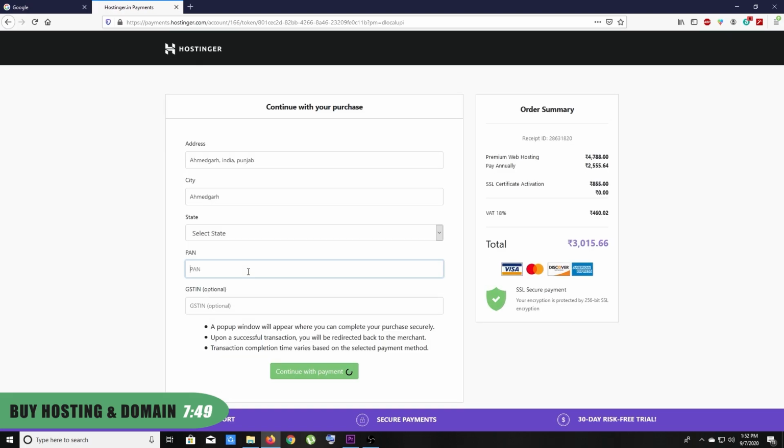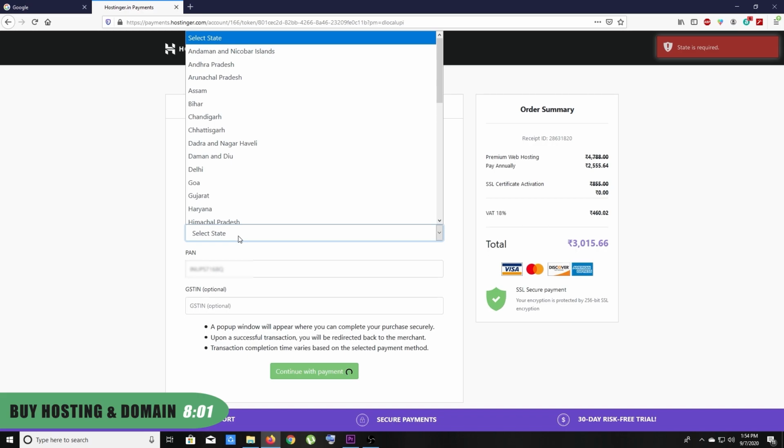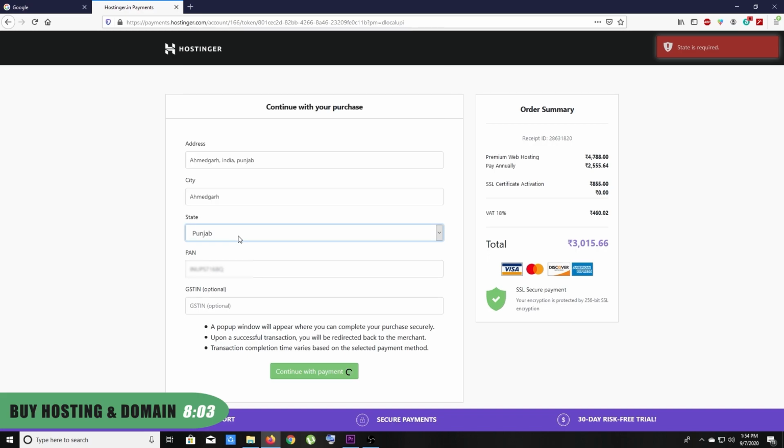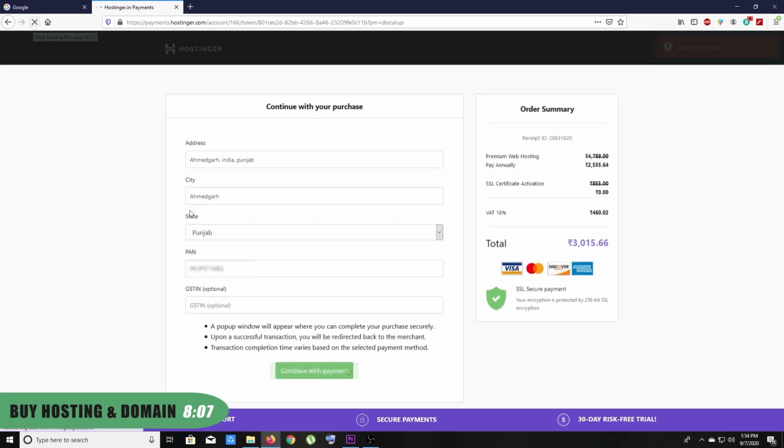Alright, now on this page, fill out all the required details like PAN card, your state, your city and your address. So I'm gonna type my PAN card number over here. After adding a PAN card, don't forget to change your state. I'm gonna type my state over here. And let's go ahead and refresh this web page. And now let's go ahead, click on continue with payment